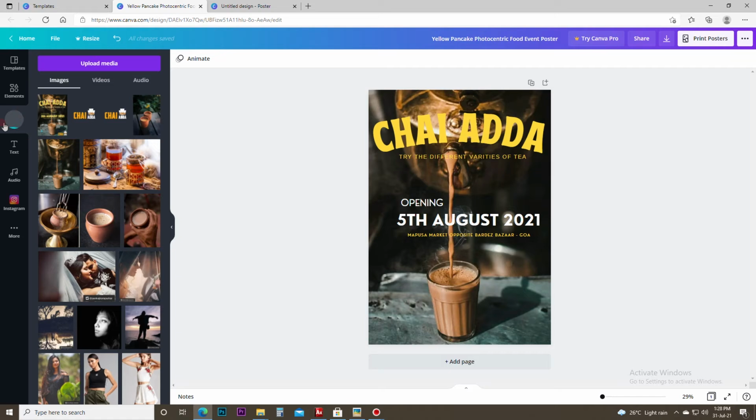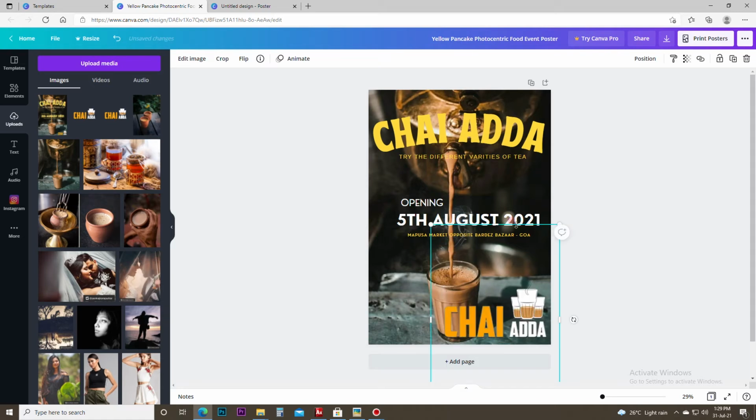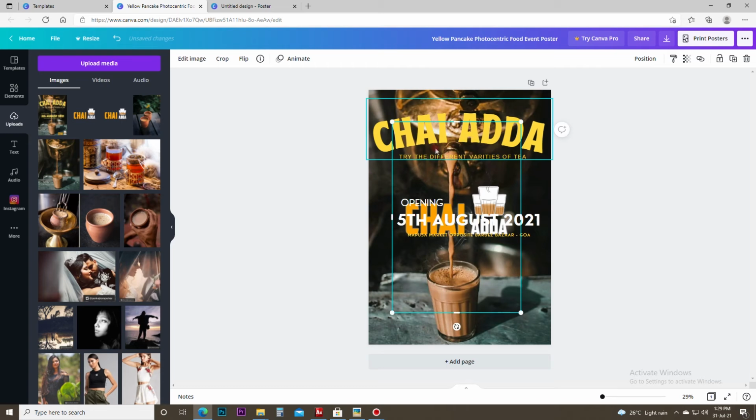If you see in here, it is getting loaded, meaning they are downloading the image in this software of Canva. So you just have to wait till this gets full. Once it's full, you can use those images here, and you can edit. You see it's full and it's done here. You just have to drag it down. So for this logo, I'm just going to click and drag. You just have to get it inside, don't keep it out. And as you can see, there's a lot of space on top and bottom.